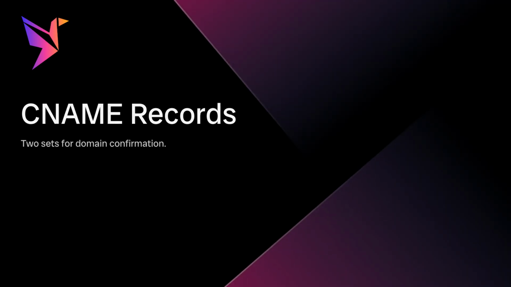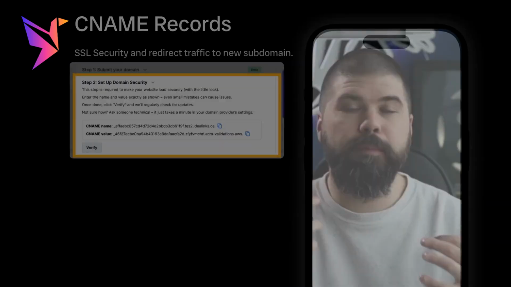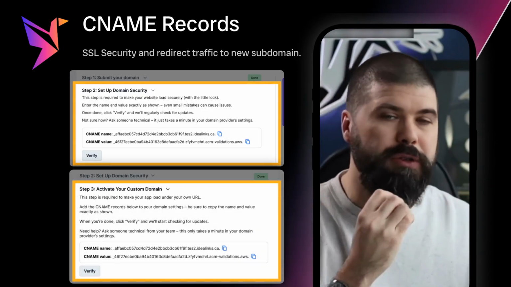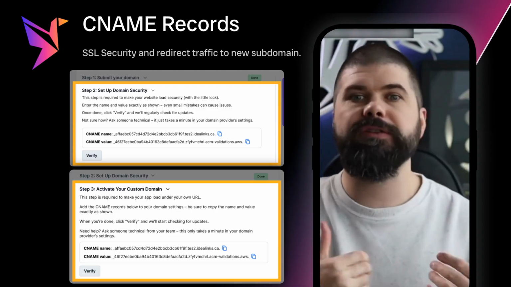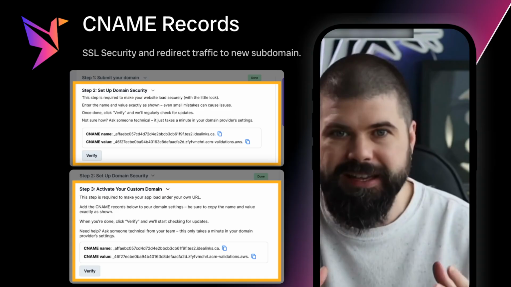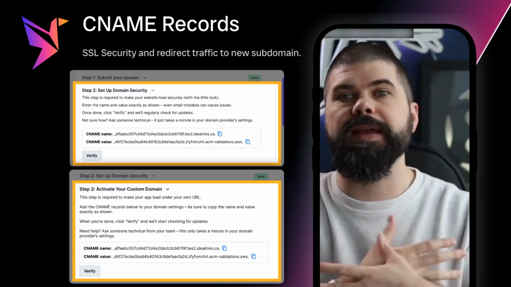To confirm your custom domain, Thinkrr will generate two sets of CNAME records. One set for step 2 and one set for step 3. The first set activates SSL and secures your custom URL, and the second set routes traffic to your subdomain. To add these correctly, log into your DNS provider, such as GoDaddy, Cloudflare, or Namecheap, and copy-paste each record into